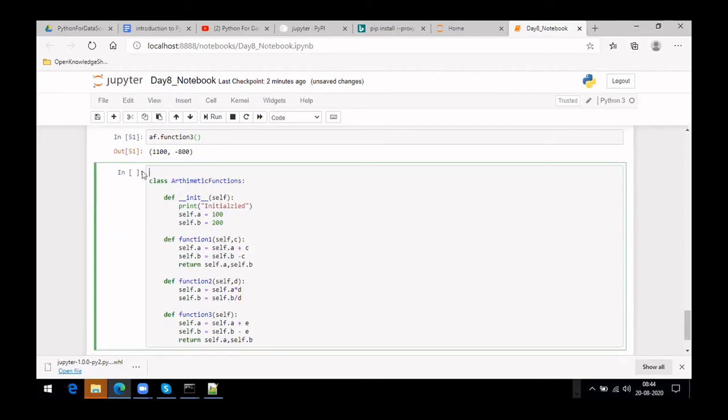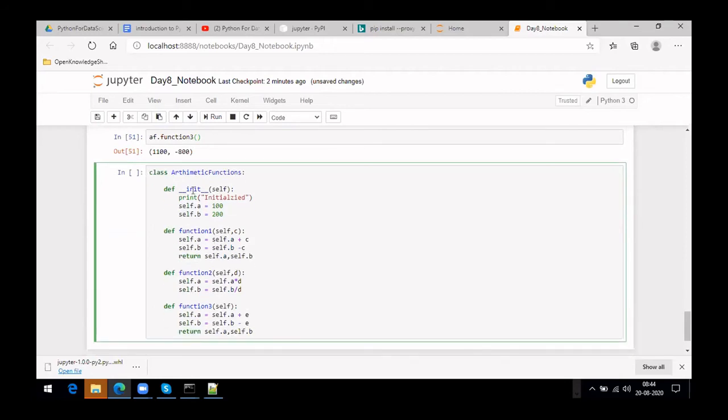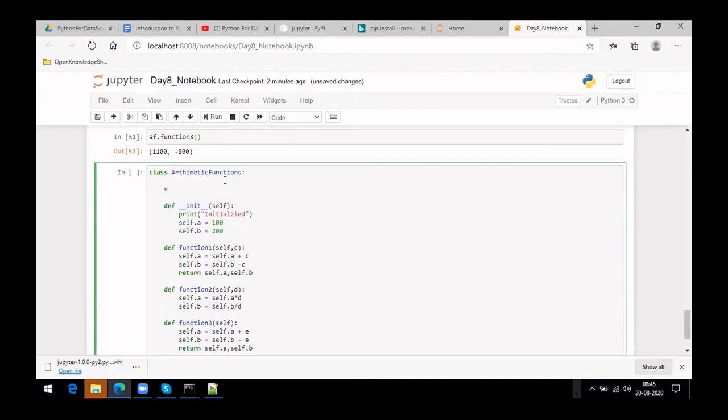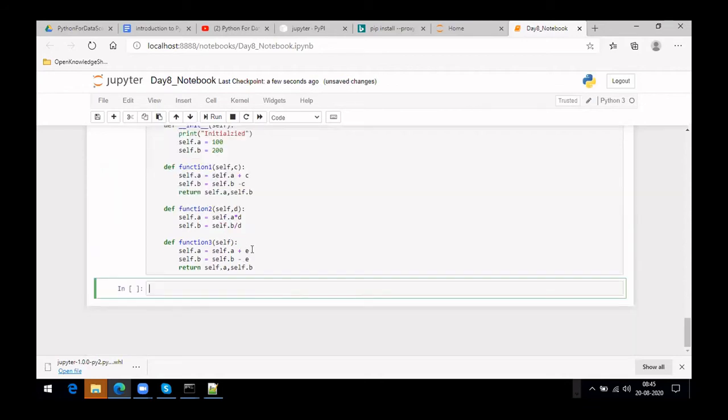This time, defining this e just here. We used e, right? Let me use some other way. Variable one equal to 50. If I define it this way, can I access it outside?